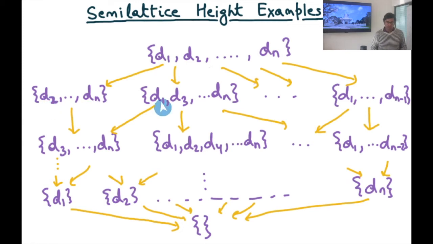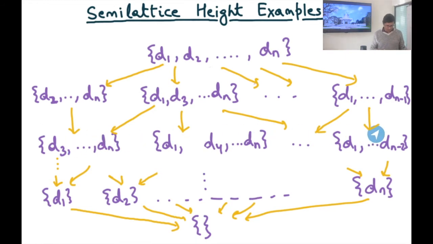Here this is all the values except d2, so d1, d3 dot dot dot dn. So all the definitions, I should say, except d2. Then d1, d3 dot dot dot dn, and here it is d1 dot dot dot dn minus 1, so all the definitions except dn. Now similarly I could omit two of them. So for example, this is all the definitions except d1 and d2. These are all the definitions except, let's say, d3. Maybe I want to say all the definitions except d2 and d3, and this is all the definitions except dn minus 1 and dn.